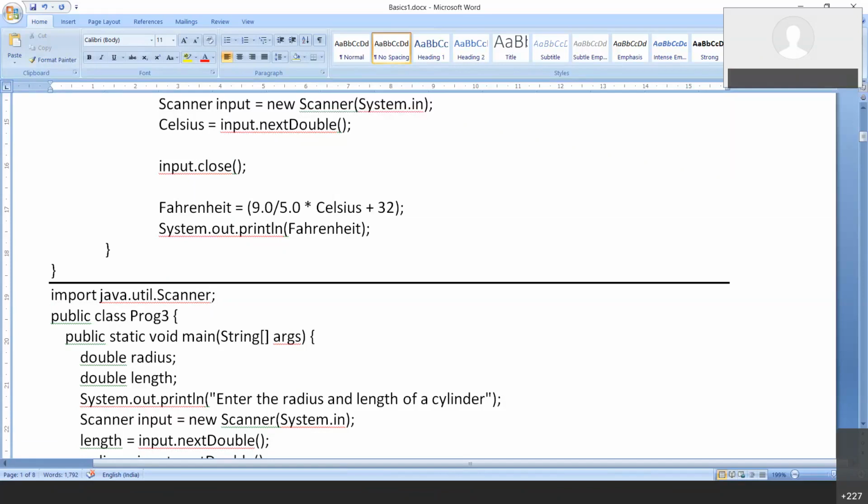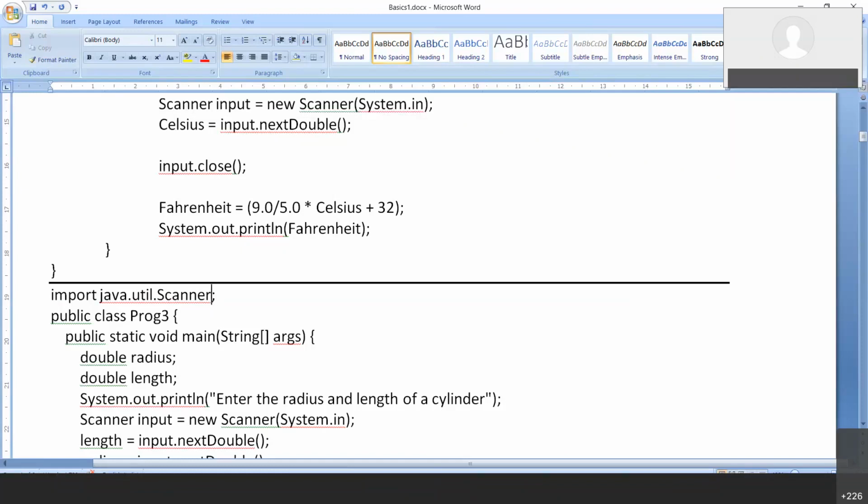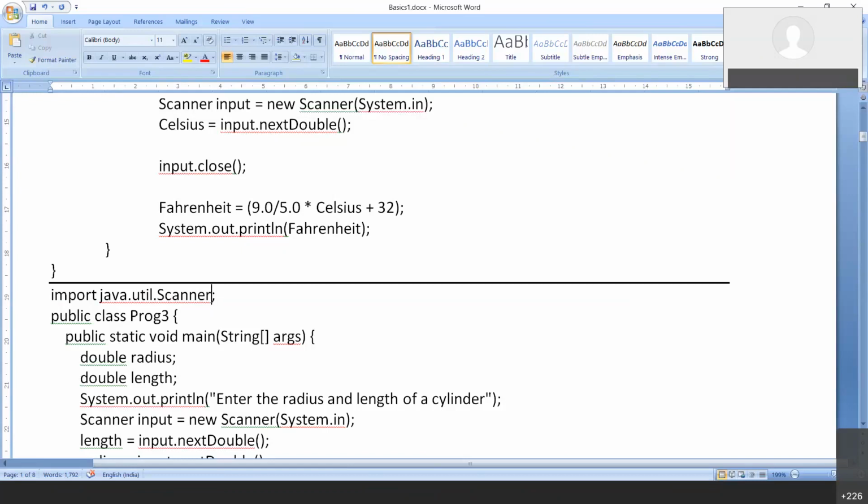Yes, each and every line should end with a semicolon, except for the main function. Any other questions? Okay.